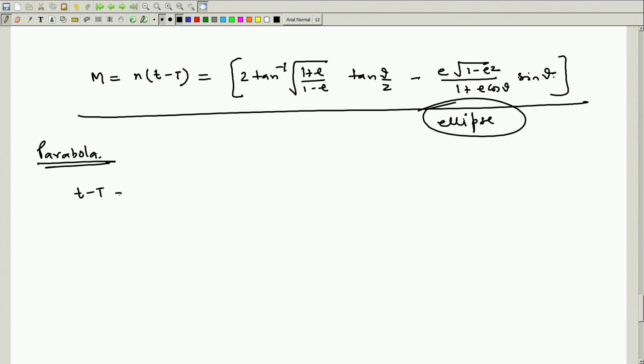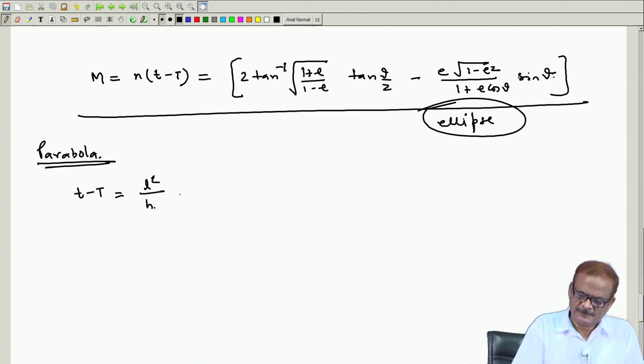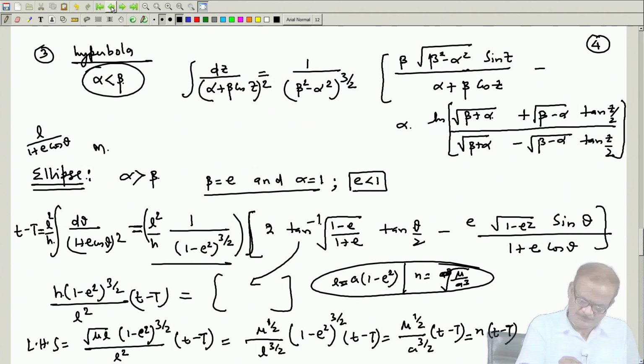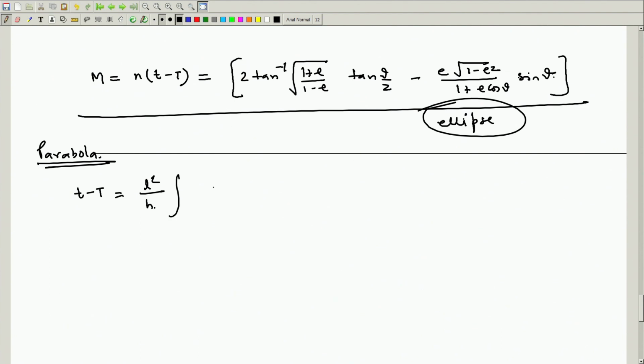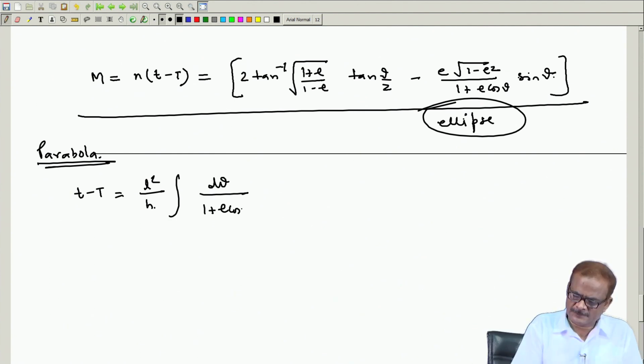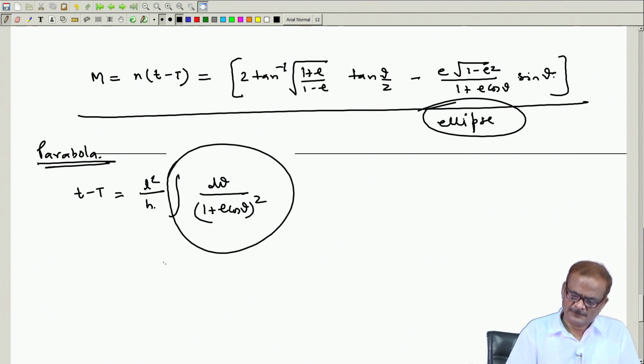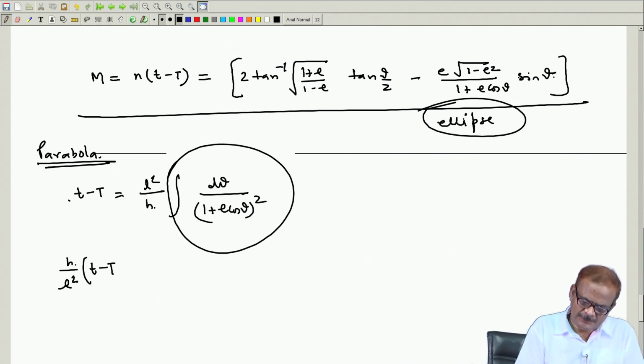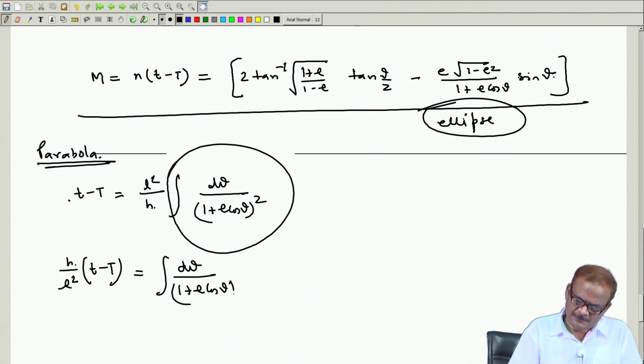Okay. So, t minus tau equal to L square divided by h, as we have done here, L square divided by h. The rest of the things appear as 1 by (1 plus e cos theta) whole square, and this quantity is known to us. Okay. So, we can utilize it, and if this part we take it on the left hand side, that gets reduced to h by L square times (t minus tau) equal to the integral of d theta by (1 plus e cos theta) whole square, and we know this quantity is nothing but